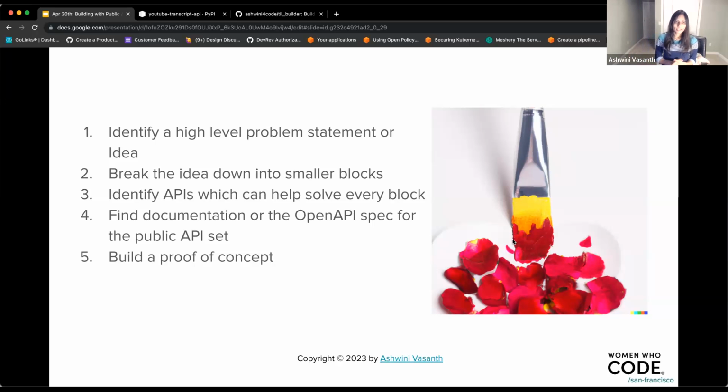What we are going to do is take a deeper look into every step of this with a specific example. The final code that we write is in an open source Git repository that I have shared with everyone, so you will have access to the code. And we will also see a demo of what that code produces.